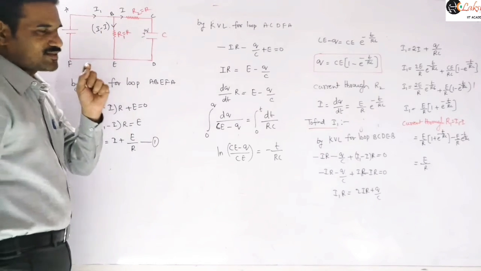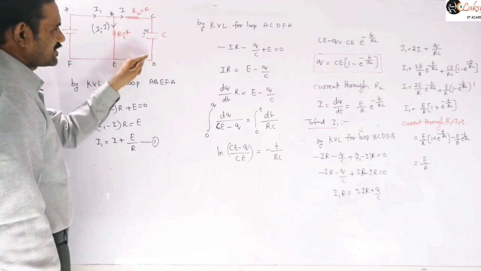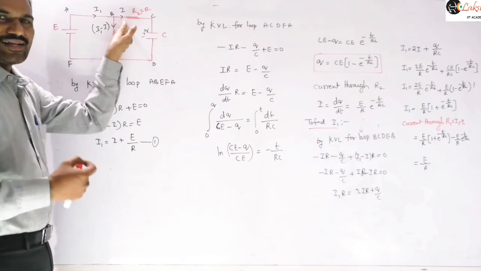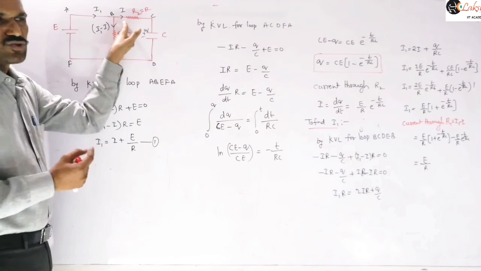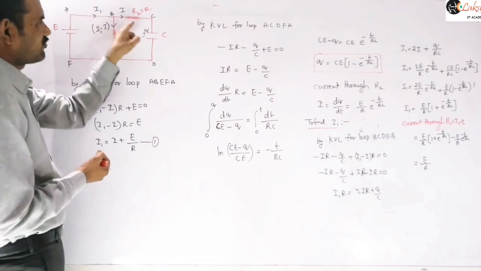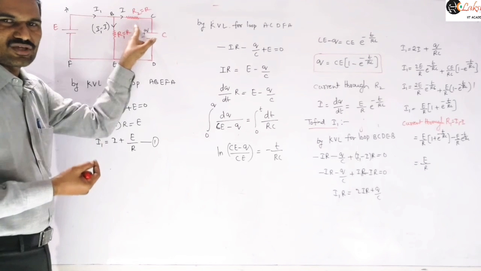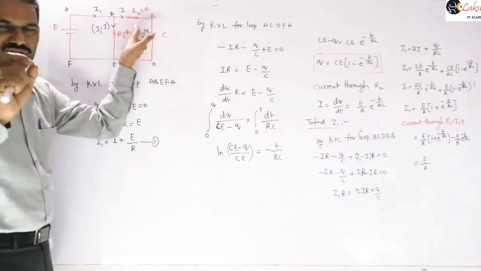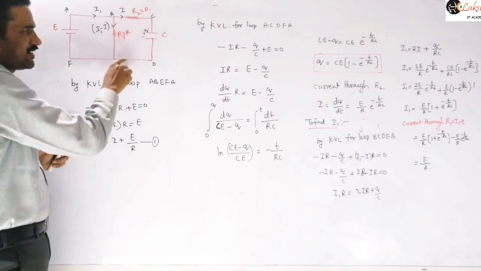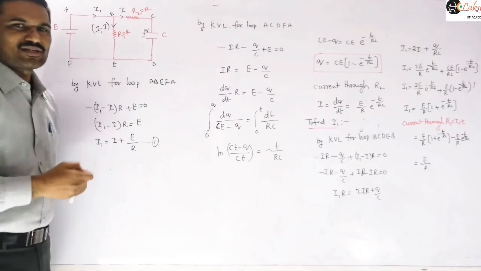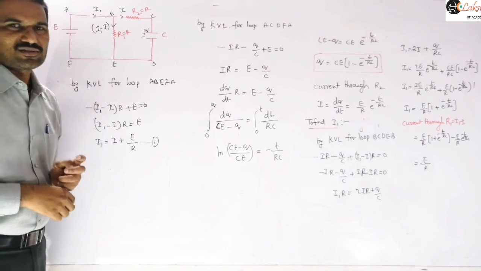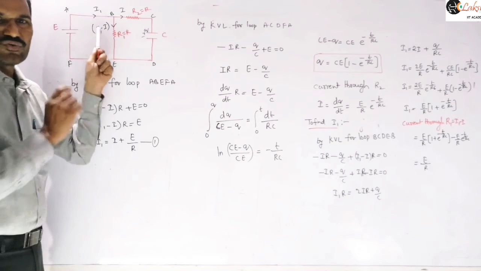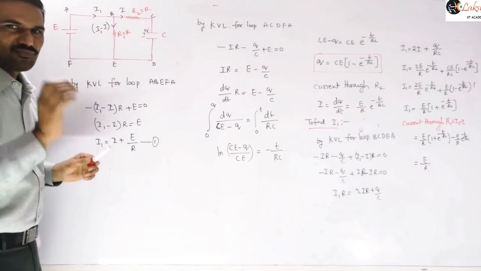You need to remember a simple point here. The current flowing through this capacitor, which I am taking as I here, you can replace that I as dq by dt. For example, if you are taking I1 or I2, then that value you need to replace as dq by dt. So you need to remember that point. Whatever current you take in this path, you need to replace it as dq by dt, so that q gives the charge on this capacitor. If you assume some other current and replace that I as dq by dt, where q is the charge on the capacitor, then you will get the wrong answer. So remember that point.